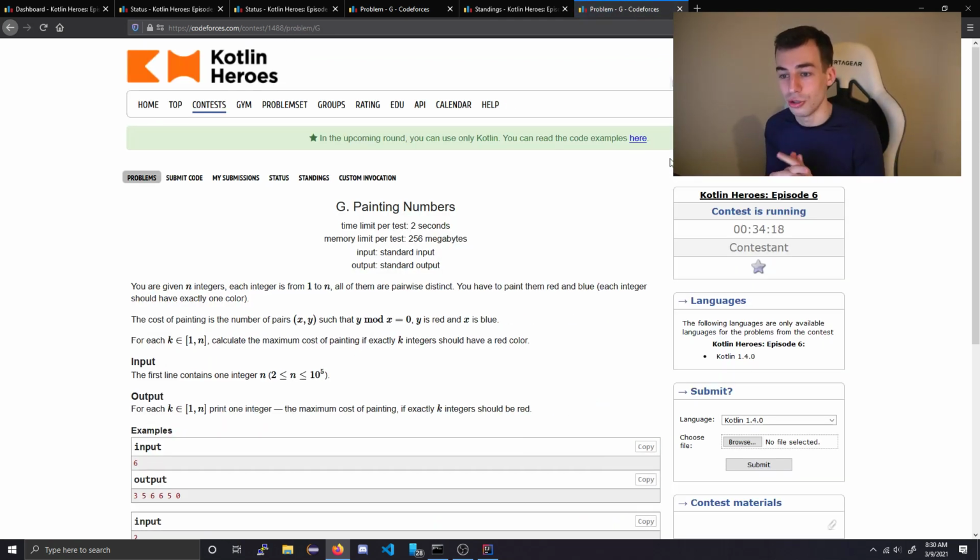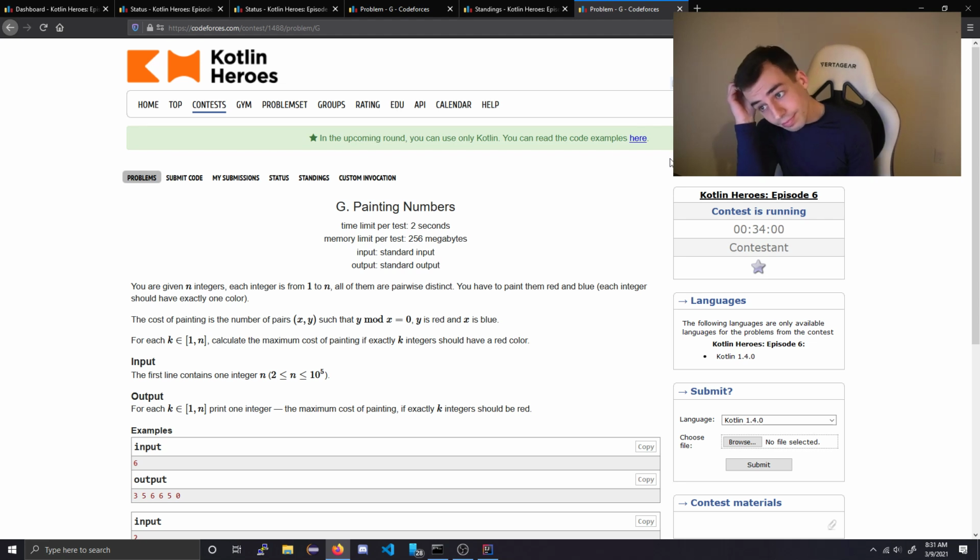You're given n integers. Each one is 1 to n, all of them pairwise distinct. You have to paint them red and blue. Each integer should have exactly one color. The cost of painting is the number of pairs x, y, such that y mod x equals 0. Wait, what? Okay, so